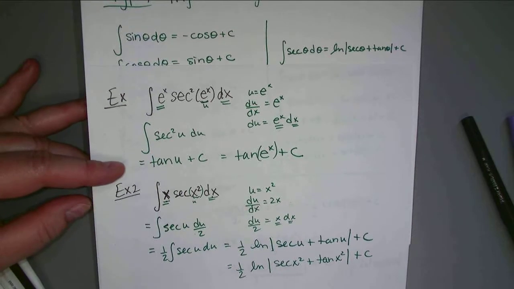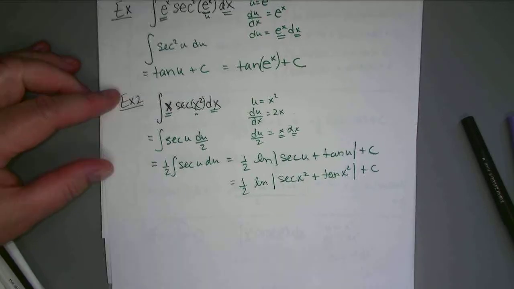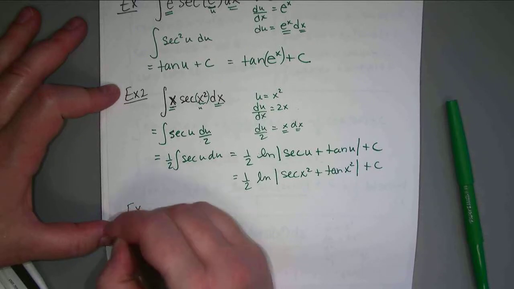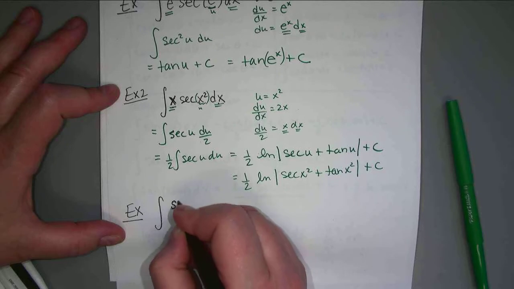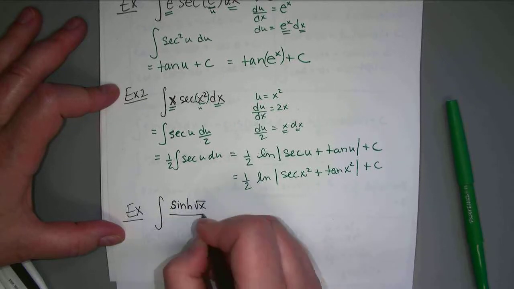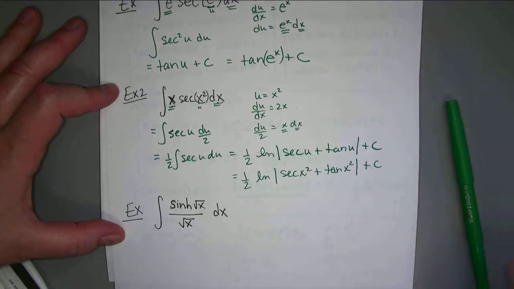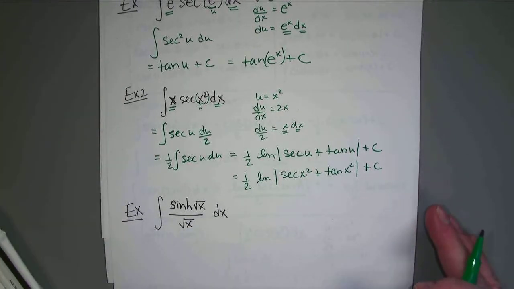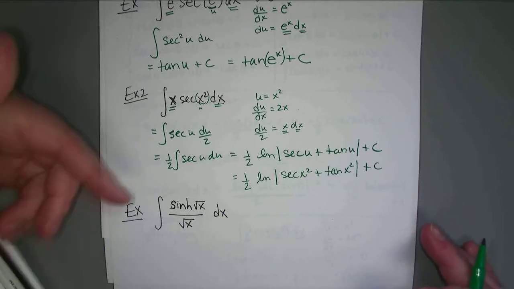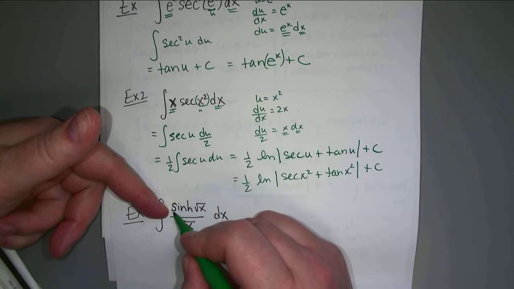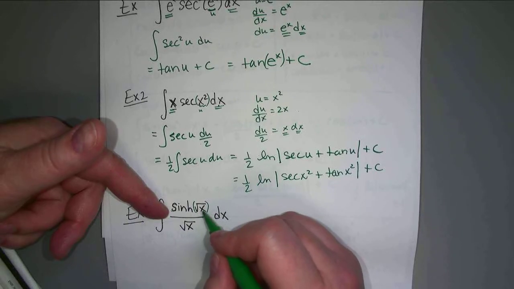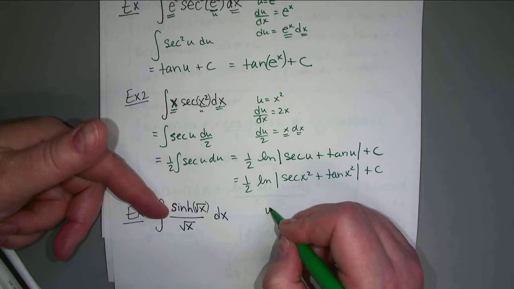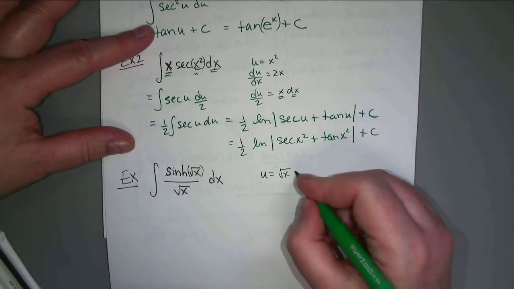Okay. I've got one that people find a bit tricky. Let's do hyperbolic. Okay, so a little bit tricky because we've got a fraction here, but a fraction is okay. What I would probably do is, this is attached, remember, this is hyperbolic sine of root x. So you would take this as the trig type, so we're going to call u this root x. And you notice there's another root x here, but that's really important, because if we have a root x and we take the derivative of that,